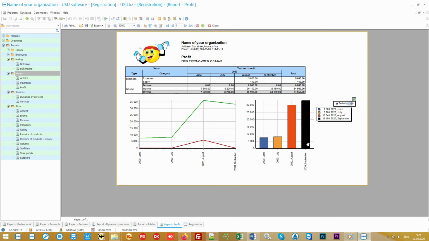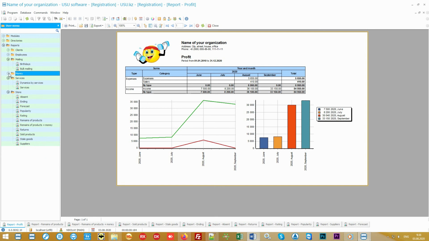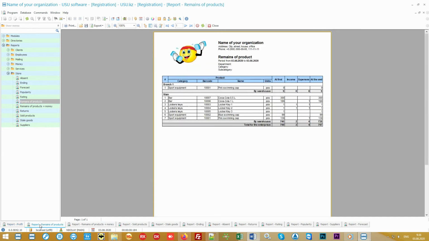Profit for each month of your hard work is also automatically calculated, which, with the introduction of our program, will certainly become greater. In addition to financial accounting, the accounting of goods is also a considerable problem. Let's see how you can also keep this issue under control with the help of a special group of reports in our program. The base report will show the remains of the product at any date.